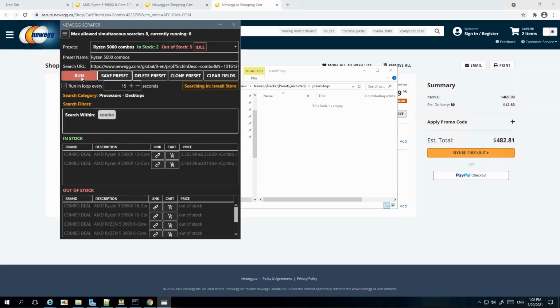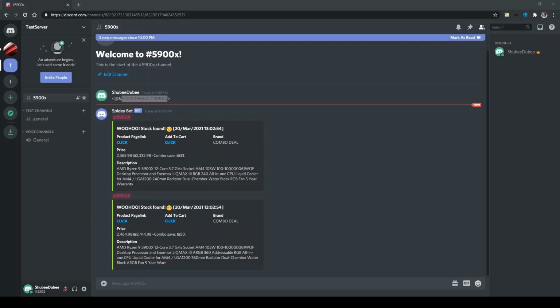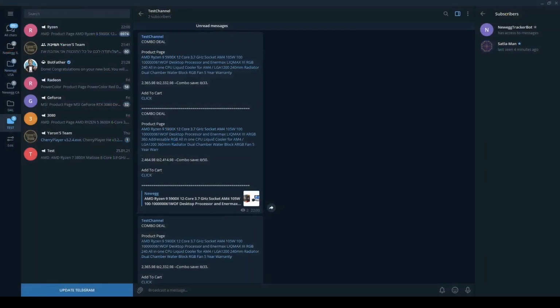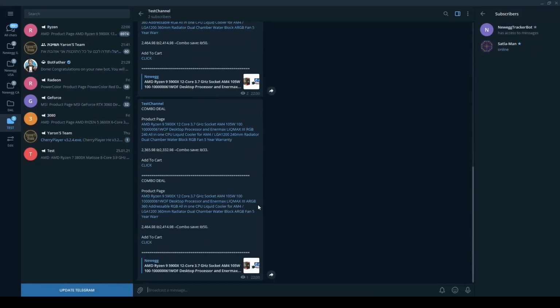Now I'm going to run this one, and it will need to send it to Discord as well. Let's check, yes, and we see these two messages over here. Now you can also see that in here it sent only 2 messages. I'm going to go back to Telegram, since we didn't put any message multiplier over there, and you will see it will constantly send messages over here. Let's wait 15 seconds and it will send it again. That's about it